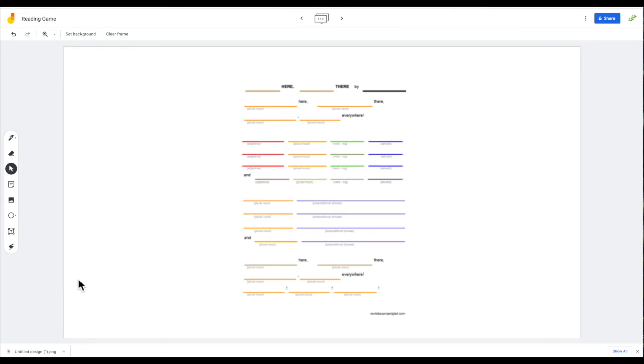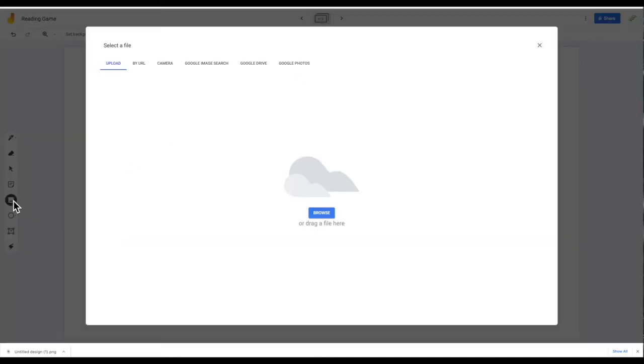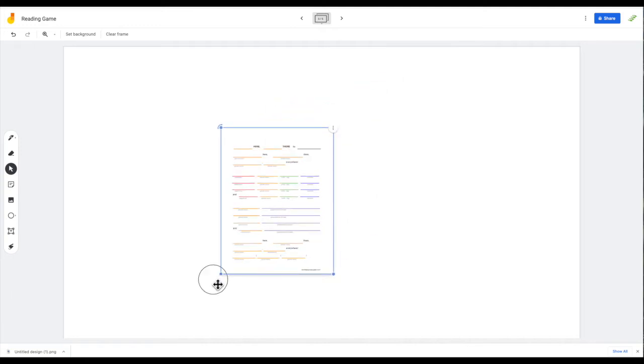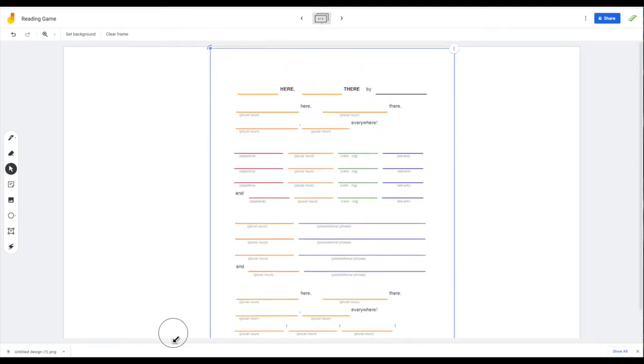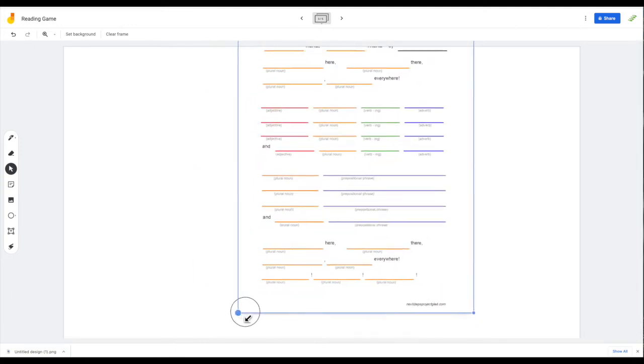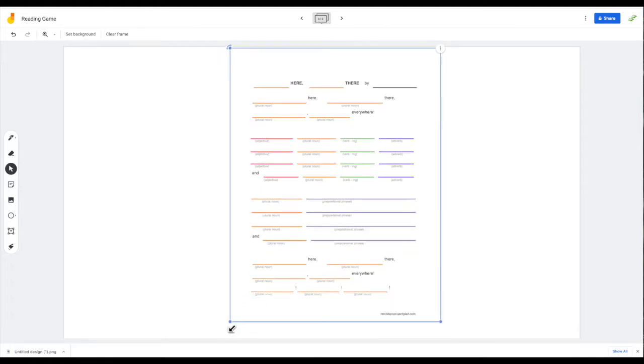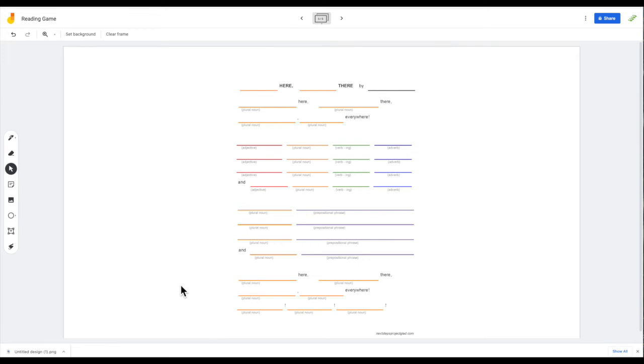This is terrible quality. I can't even read the parts of speech words. So I have another one that I have downloaded, and let me show you the difference in the quality. It's also a PNG, but I created it a little bit differently. Now take a look at this one. So much better. You can actually read it. I am going to teach you how to do this. This is one of our little tricks that we're going to work through. So stay tuned. In a little bit, we'll talk about the quality of your images and how to get them this crisp. Okay, but moving on from here,